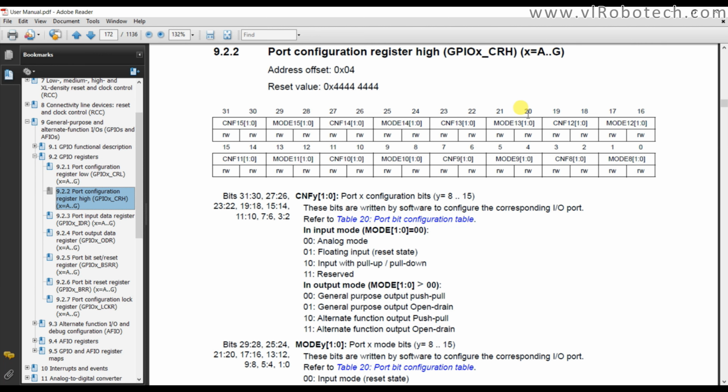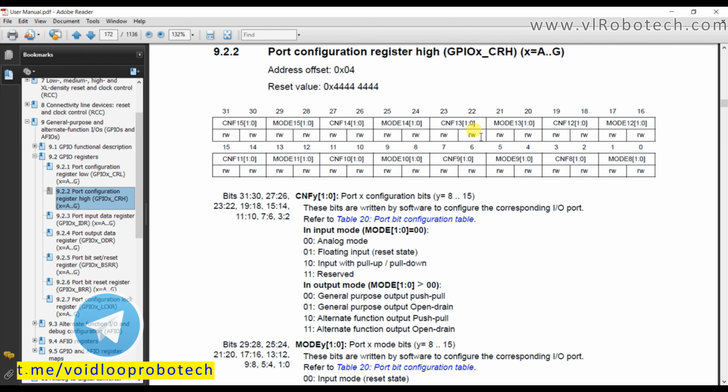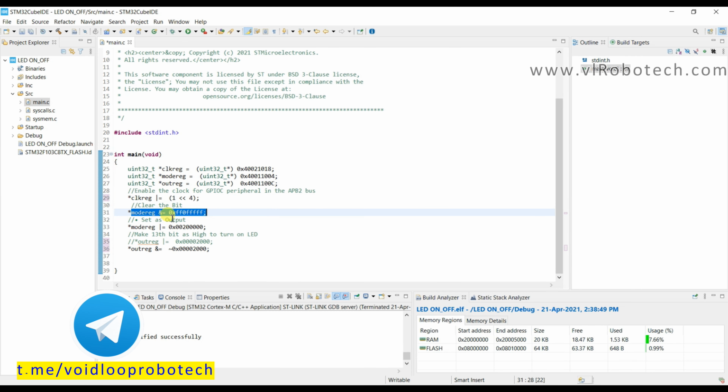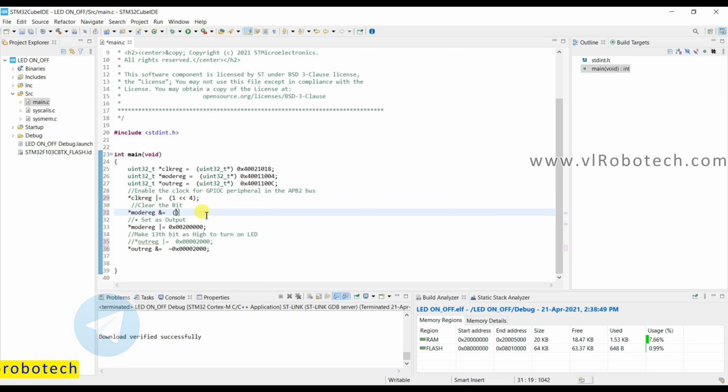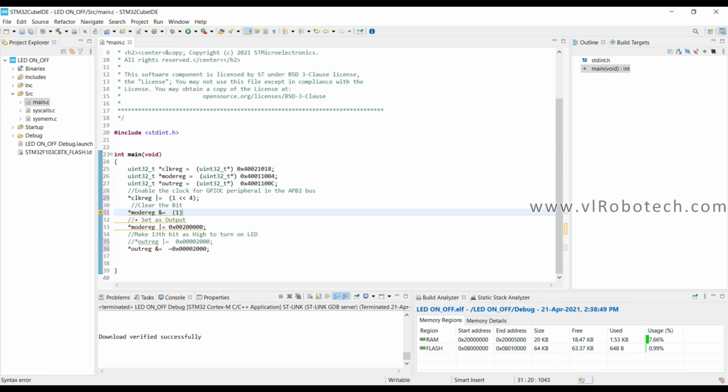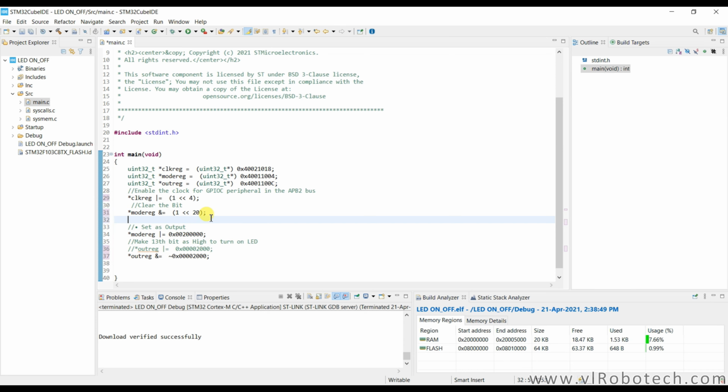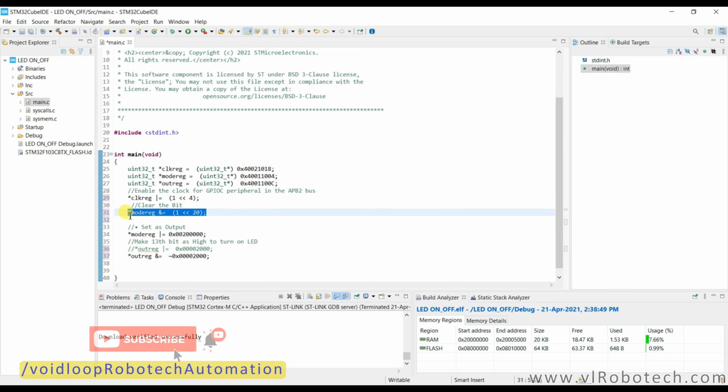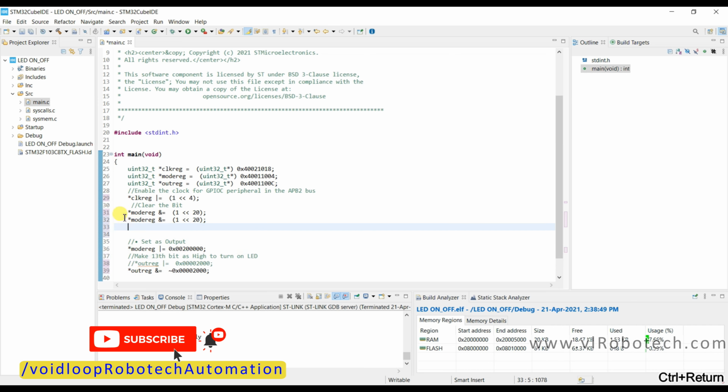So 20th, 21st, 22nd and 23rd we have to reset this bit. So it will be like 1, left shift 20. Okay, copy this 4 times.